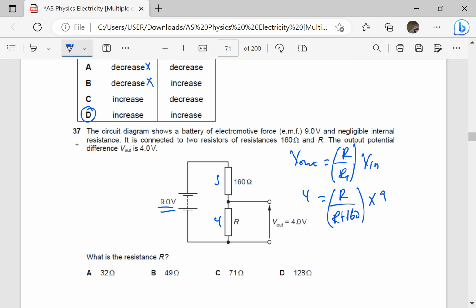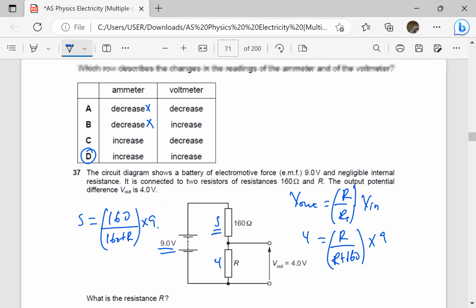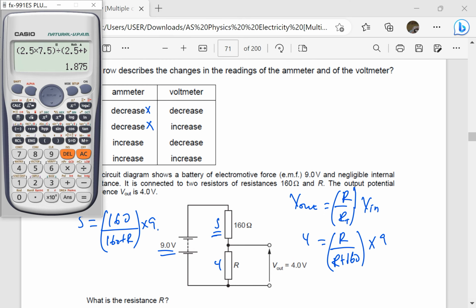Alternatively, since I know this one is 5, I can still say 5 is equal to 160 over total resistance, which is 160 plus R, times the voltage supply, which is 9. I'll get the same answer, but this one is shorter. The algebra here is shorter. You can even just press your calculator and say